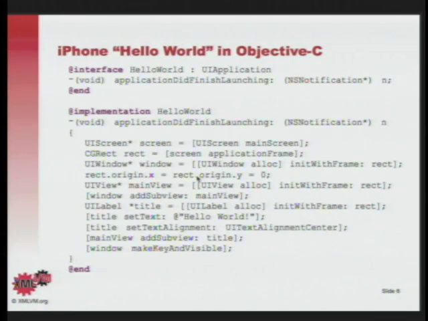One thing you often notice, or the first thing you often notice when you look at your first Objective-C program, is that you see all these square brackets. And these square brackets denote method invocations. Whenever you see a square bracket, the first argument is the target, which can either be a class object or an instance. And then you have a list of named parameters that you're sending to that object.